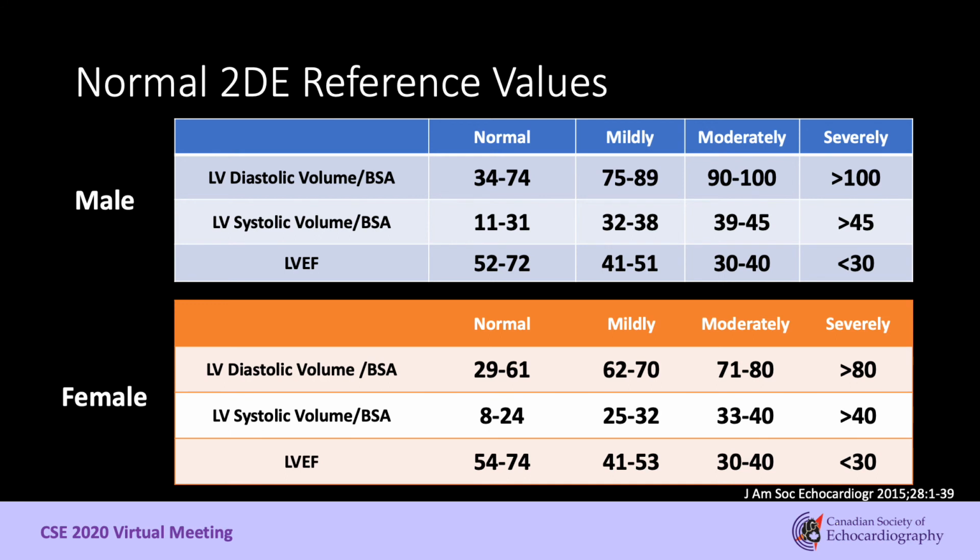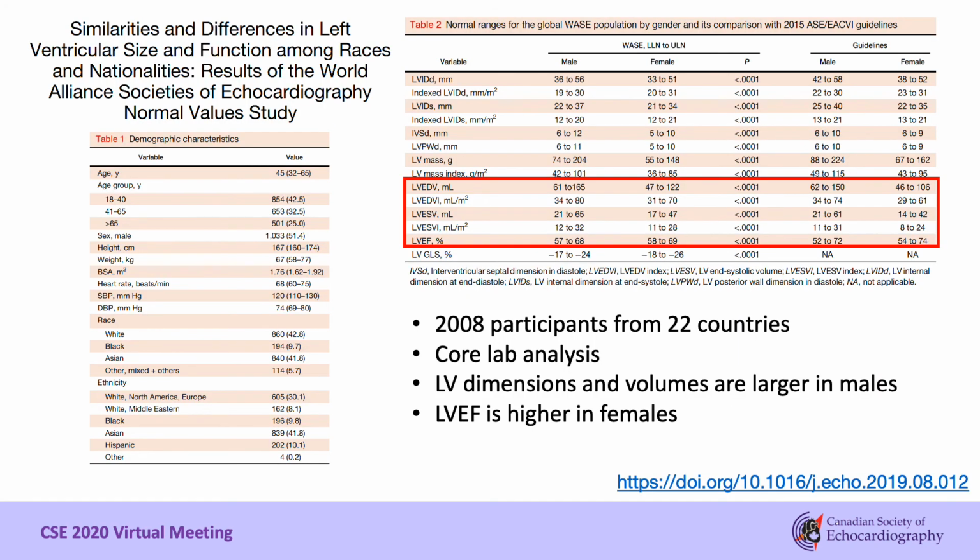Normal 2D LV volume and ejection fraction ranges are provided in the 2015 guidelines. These values were derived by combining data from seven different databases. There was no core lab involved in these studies. I also want to point out that the partition values for mild, moderate, and severely dilated are provided. However, these are expert-based rather than outcomes-based. I suspect that the next iteration of the guidelines will have cutoff values that are different based on this